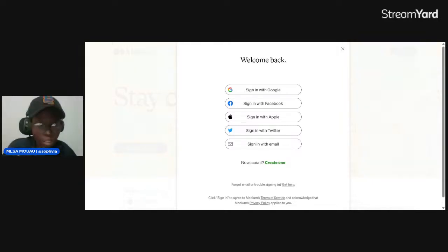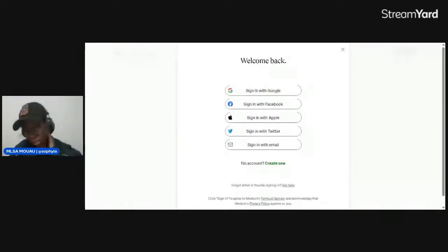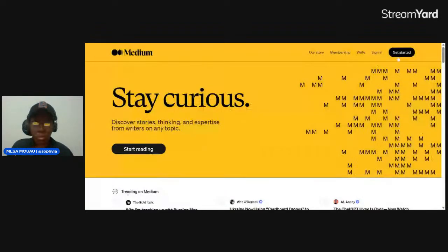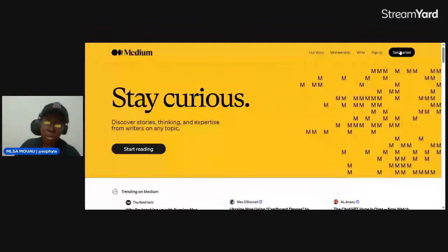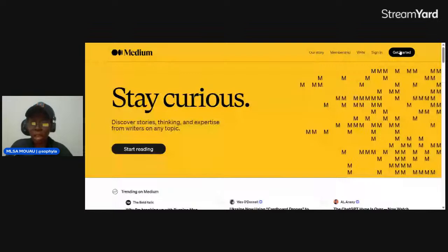Now, to access the Medium page, you just have to go to medium.com, and if you don't have an account, you can click on get started and you will be able to create an account. But since I already have an account, I will just click on sign in.